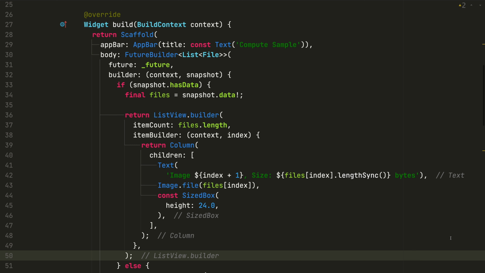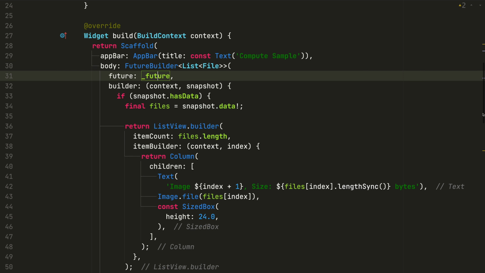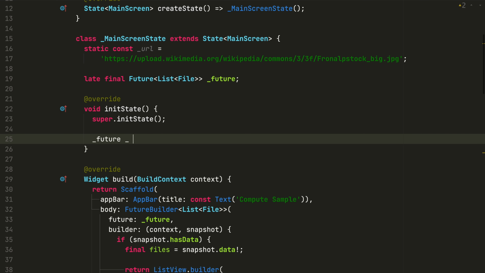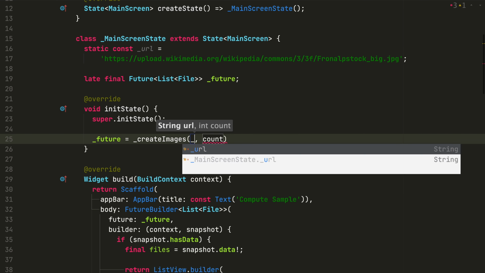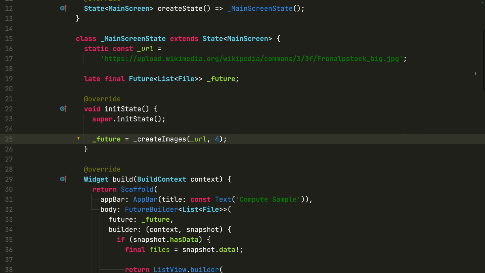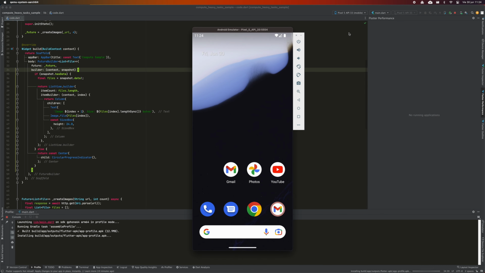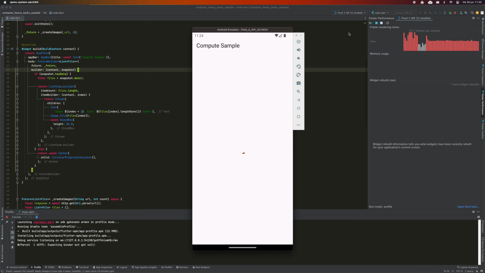The last step is to assign the previously created method to the future variable so it will be executed as soon as the app starts. If you try to execute this code, you'll notice the user interface becomes sluggish, possibly even unresponsive. It seems like I've frozen the video, but no, this is actually what happens to the app while the images